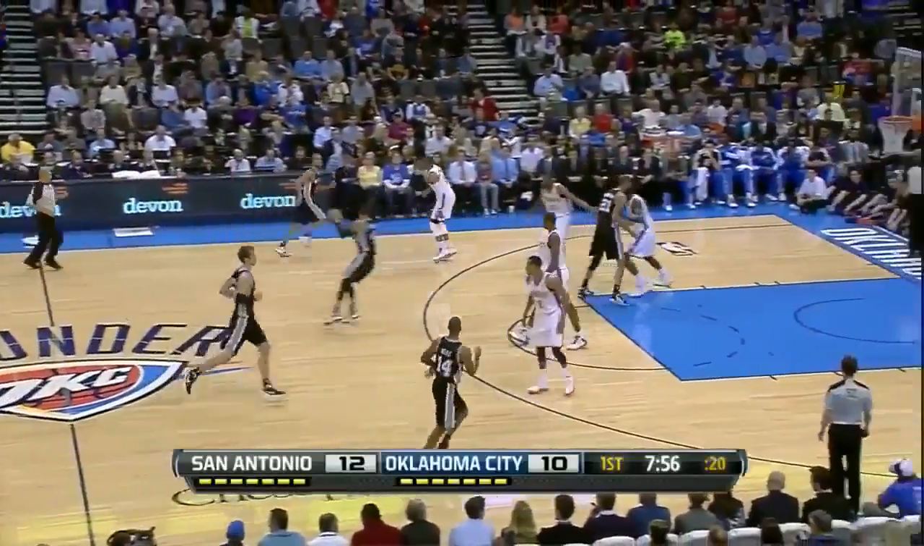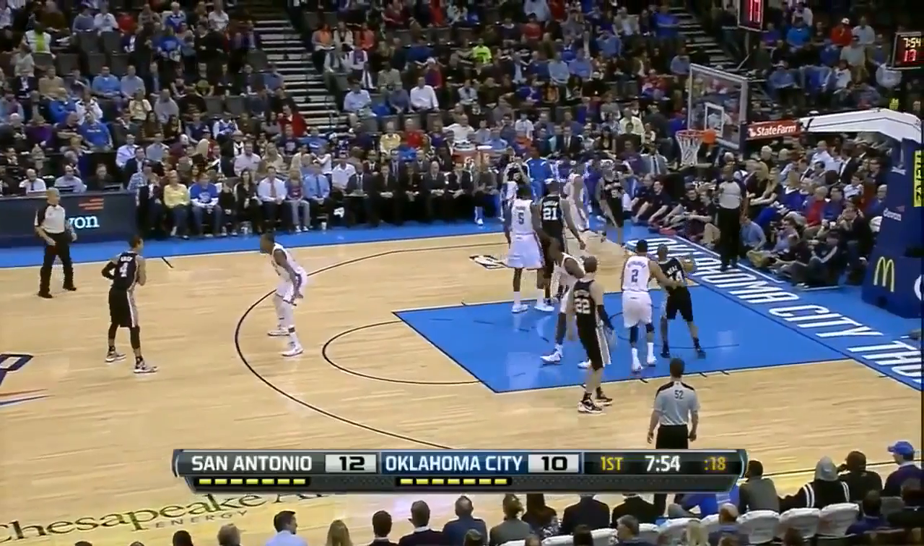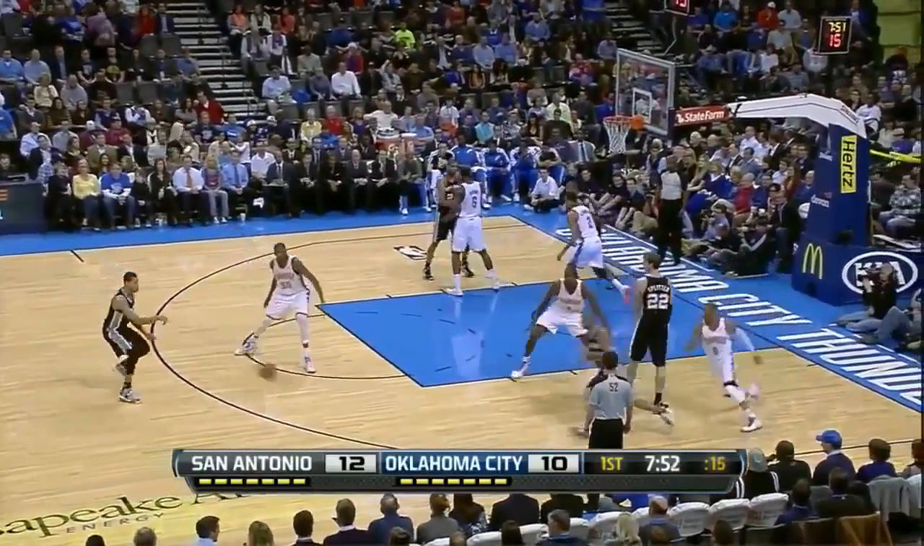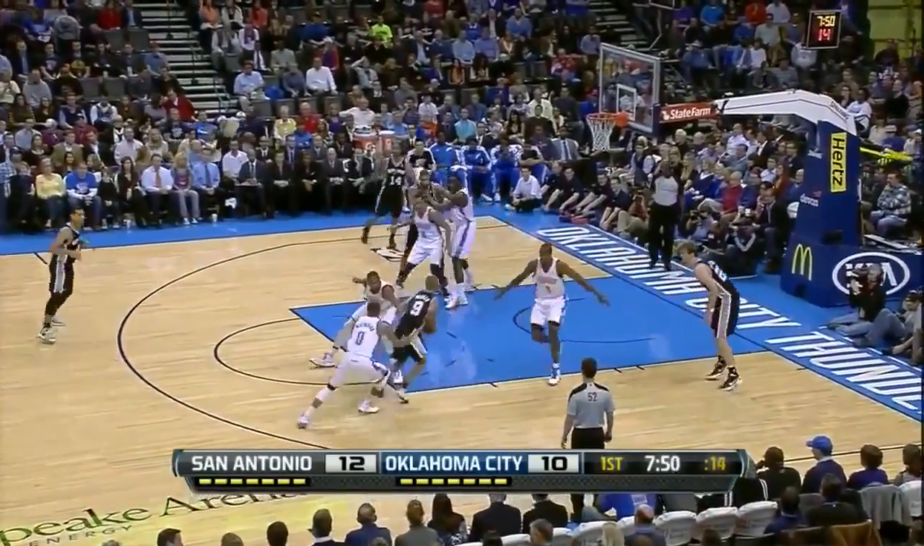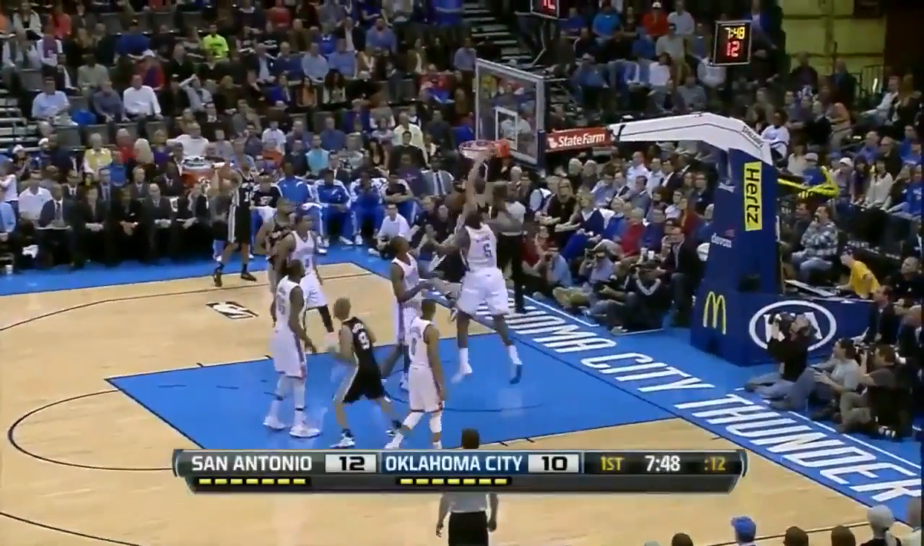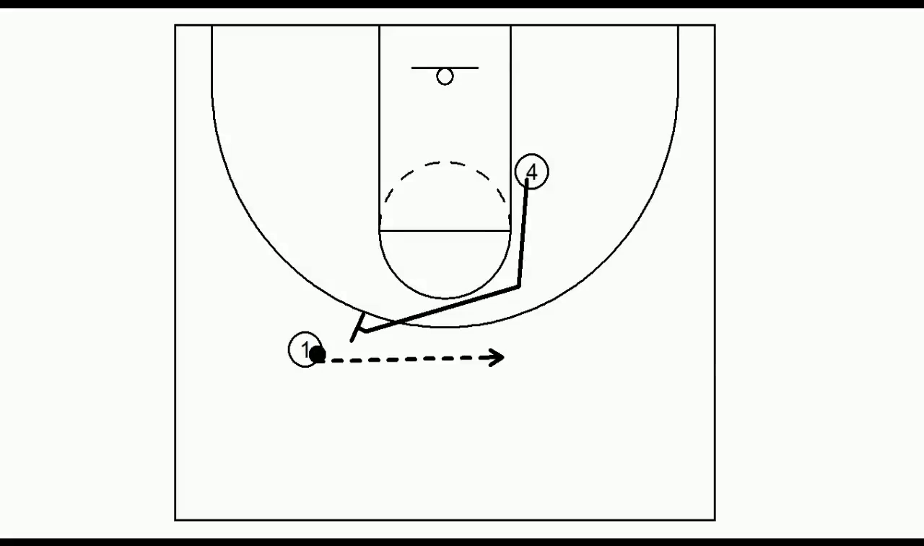And one of my favorite plays called the loop you see San Antonio run, they run Tony Parker around 3 screens, and notice Ibaka, who's guarding Splitter, who just set a down screen, step out, which frees Splitter up for a dunk. Moving on to a ball screen, and this is maybe the most common type of screen you'll see,